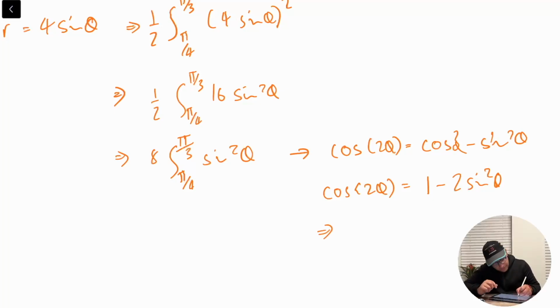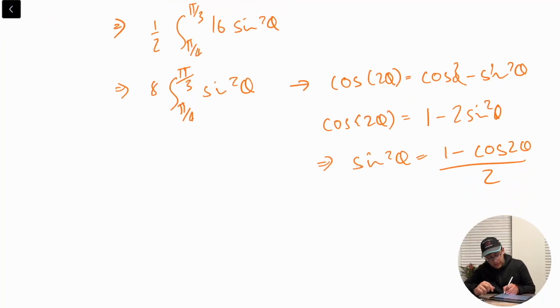Therefore, sine squared theta will equal 1 minus cos 2 theta over 2. Right? So this integration becomes 8, pi over 4 to pi over 3,